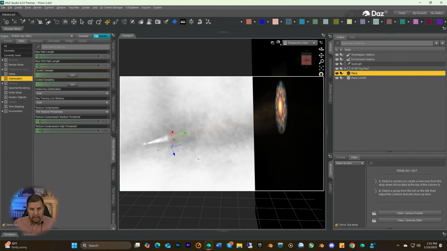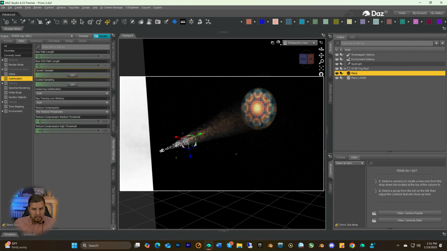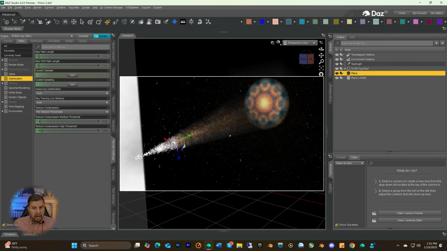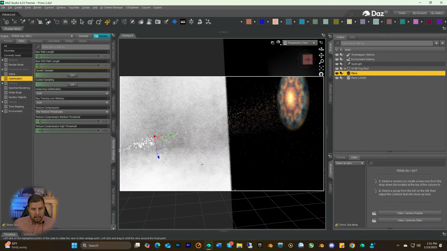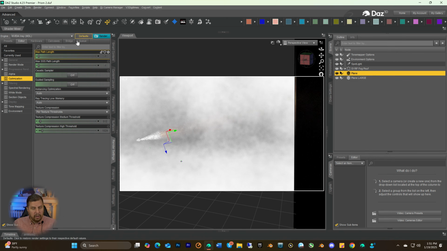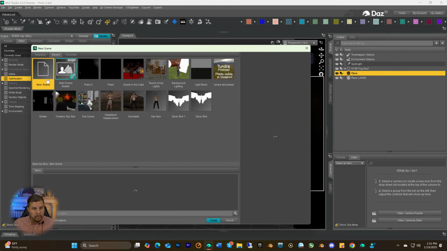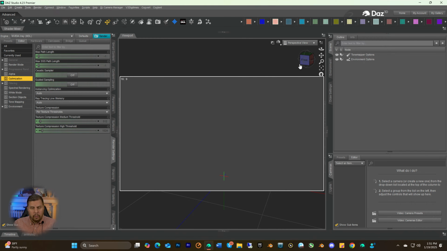And this plane, all right? And so rather than try and explain it, I'm going to rebuild this scene. I have this all saved, so we're just going to go File, New Scene, Create. Would I like to save? No. Okay, so we need